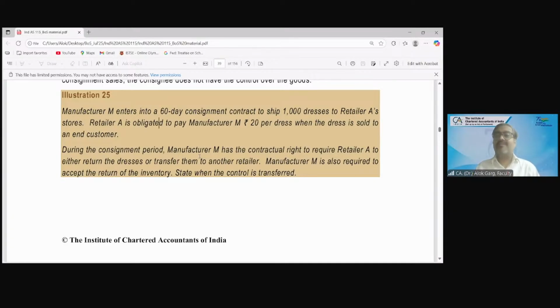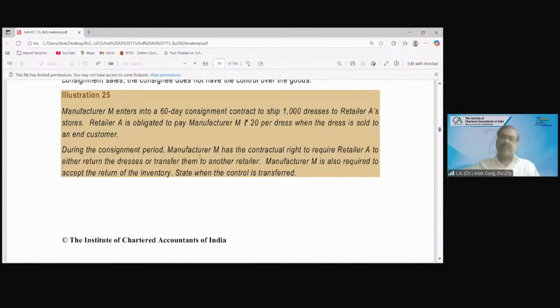And out of these three situations, the question is asking what is the triggering date? What is the event when the control is transferred from manufacturer M